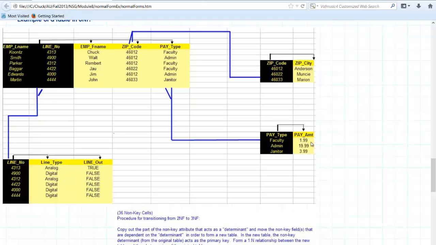So by only having to store that amount one time, there's less likelihood that I'm going to store it erroneously if it's stored otherwise, if it's stored redundantly. So there's my